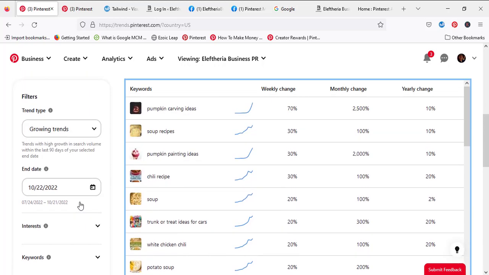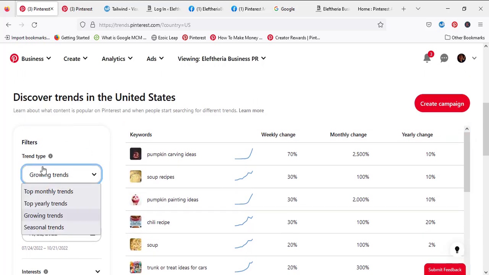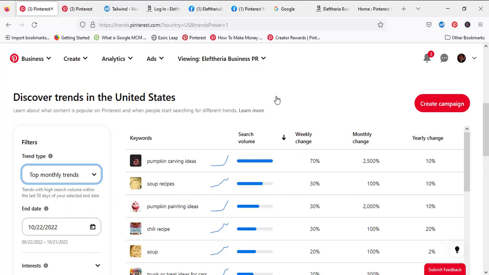So here, if you see guys, on the left hand side on trend type, you have top monthly trends, yearly trends, growing trends, seasonal. So you can go for top monthly, for example, for United States,